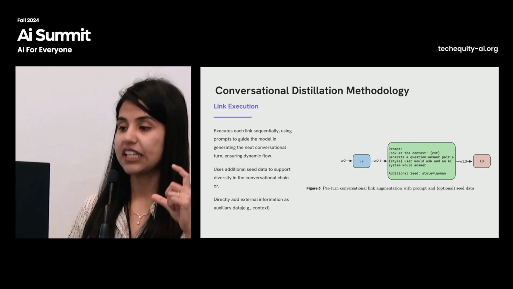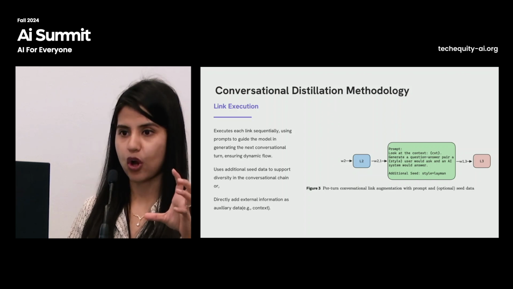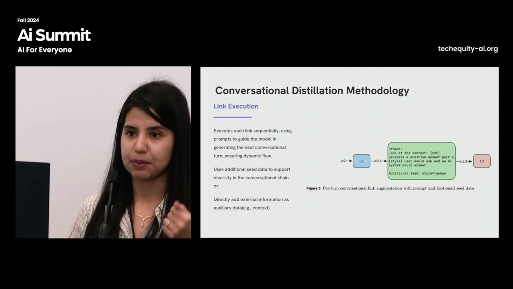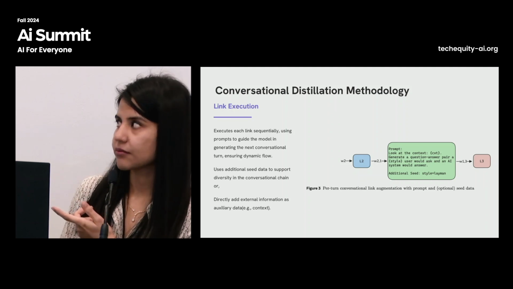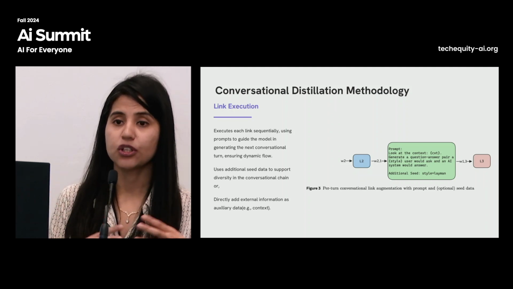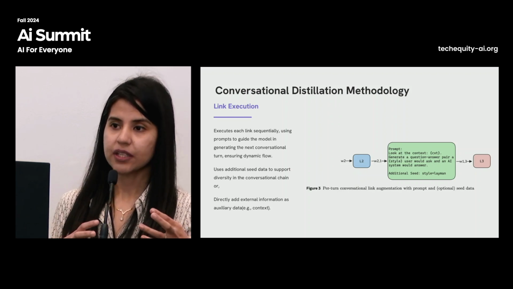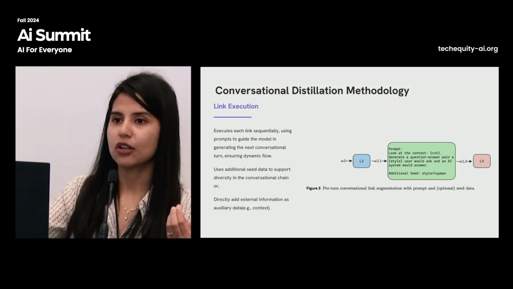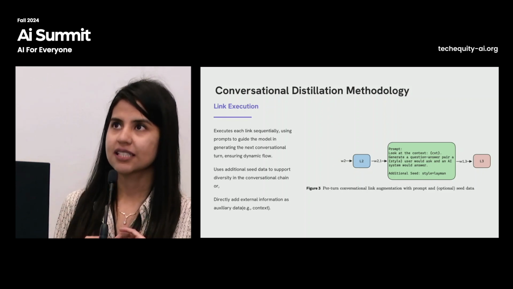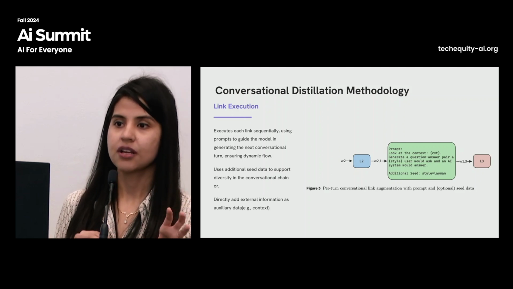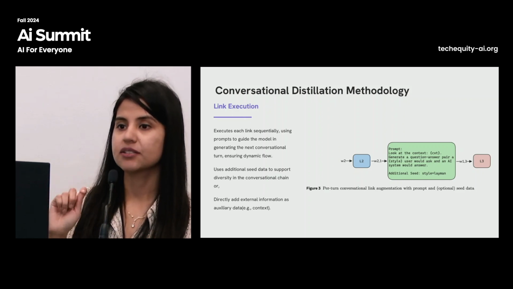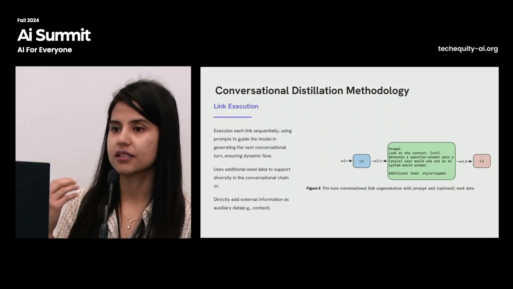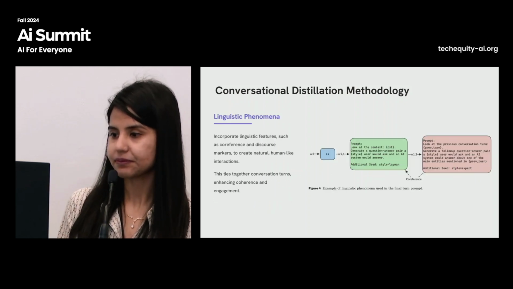What each link or each turn consists of is a prompt. It's a dynamic prompt where you can inject some dynamic hyperparameters. For example, I have given this hyperparameter of style. For example, you want to create this conversation or this Q&A in layman terms, like if you don't know about this topic, or it could be in a way that you are an expert and you're asking a question. So with these hyperparameters, you can tune in what style or other parameters this question answer should be generated.